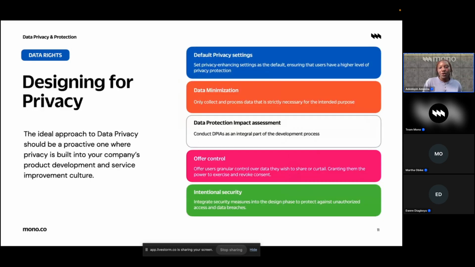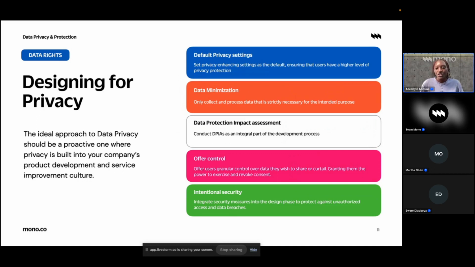So we'll be speaking on another aspect that you as a business can use to protect or better understand how you can create a process for yourself that would help you protect your customers' data, but would also help you from your process or your services being disrupted by their own negligence, or by them asking for certain things. And this is a concept called designing for privacy, or privacy by design.